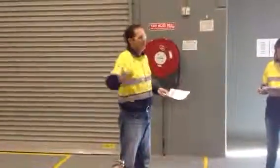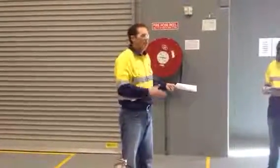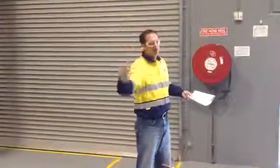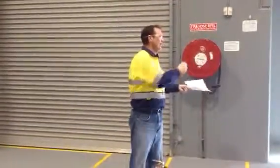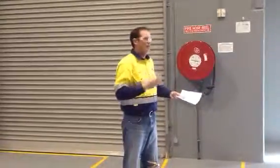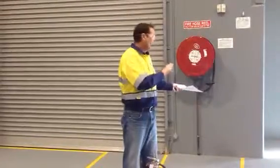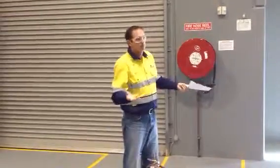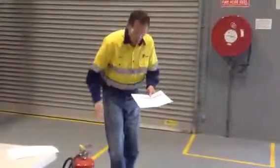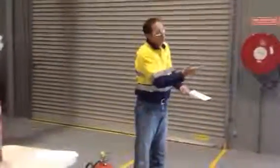But sometimes, look, if you have to go back to the warehouse and it's 15 minutes, well, so be it. But if you need to go back, and let's say, for instance, it was a foam stored pressure, and then do a whole service and recharge and that, at least replace it with something of equivalent. So you can generally get away with at least temporarily putting a 9 kilo ABE in there. Alright, which is sort of our best all-round extinguisher. Okay? Or the option is if you're going to go do a service, you take one of each. If you've got those